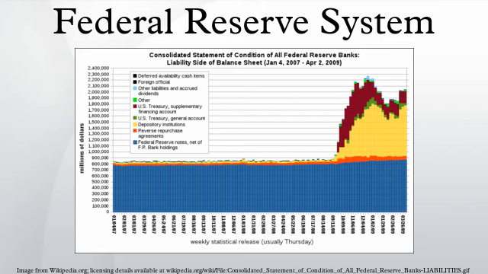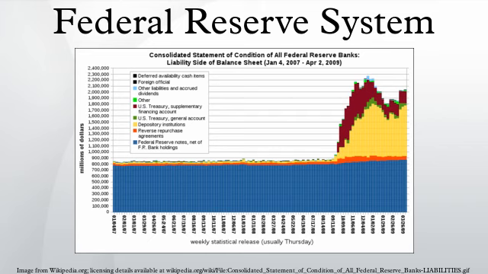The members of the Board of Governors, including its chair and vice chair, are chosen by the President and confirmed by the Senate. The federal government sets the salaries of the board's 7 governors. Nationally chartered commercial banks are required to hold stock in the Federal Reserve Bank of their region. This entitles them to elect some of the members of the board of the regional Federal Reserve Bank. Thus the Federal Reserve System has both public and private aspects.